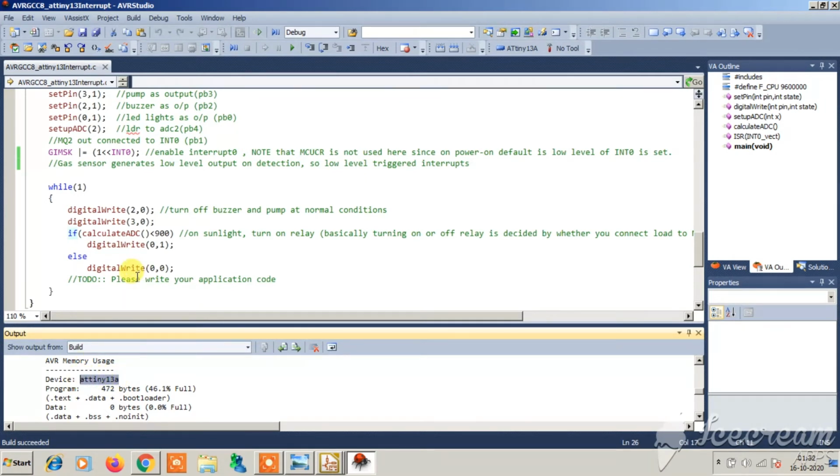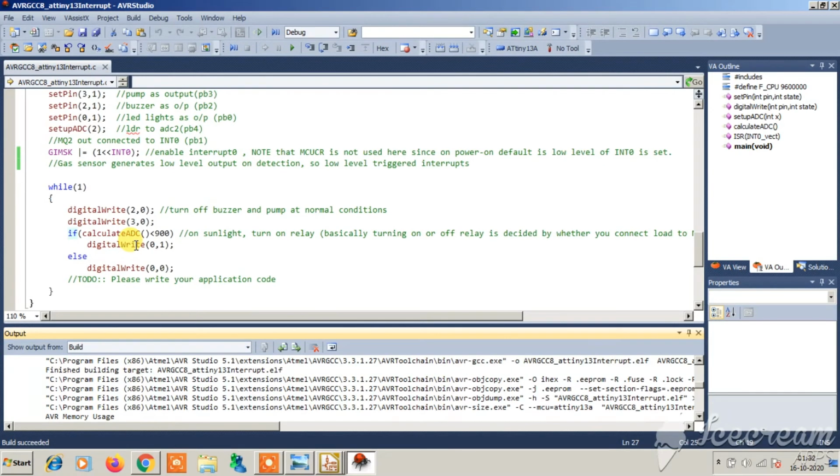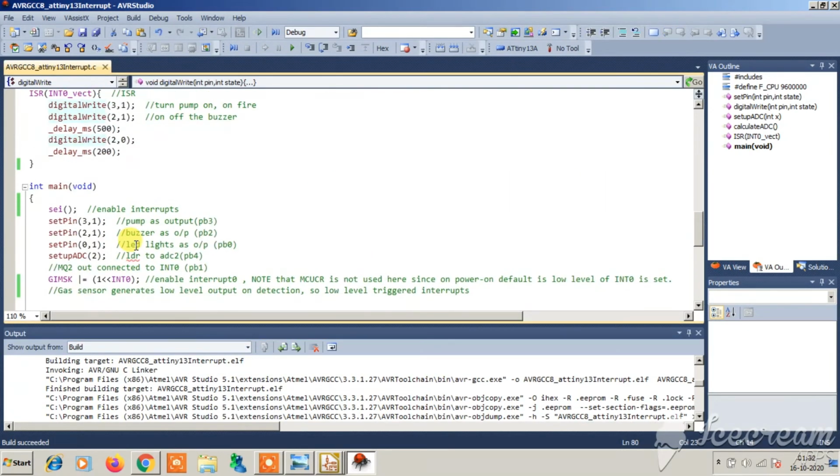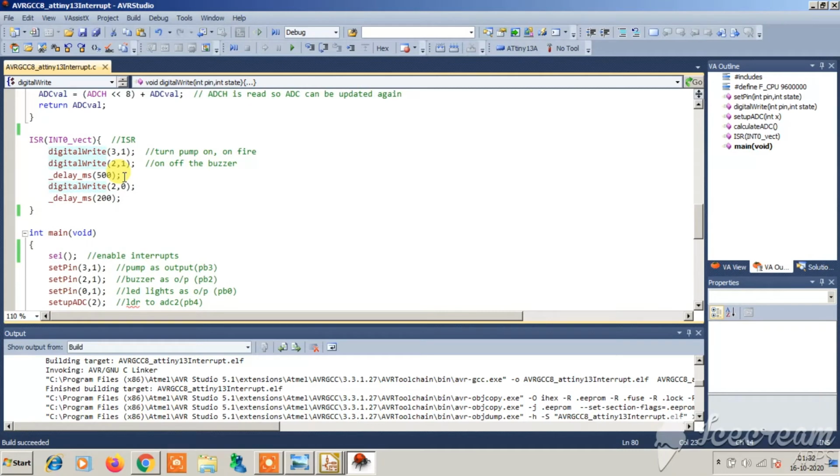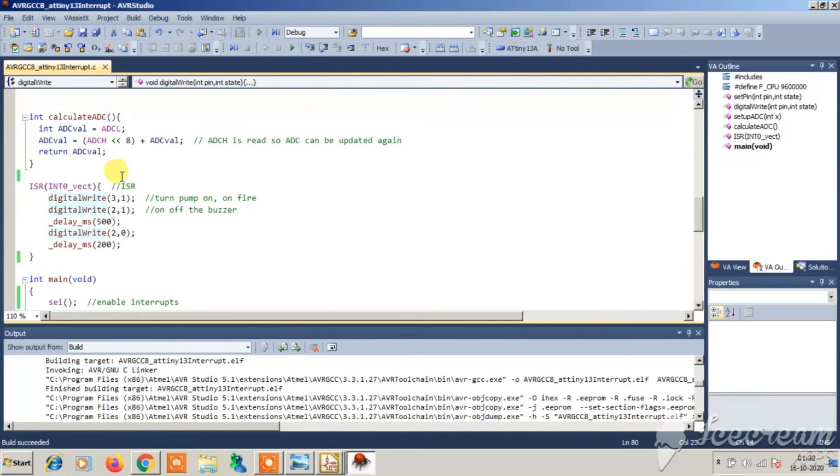I guarantee you, if you use polling, this size will increase, so you can do fewer things with the microcontroller. So that's where the necessity of interrupts comes in. Always use interrupts whenever you find such an emergency type of situation. So use the ISR function whenever you find it necessary. Do not tire out your microcontroller by using polling methods. It is a very clumsy method. Always use interrupts.